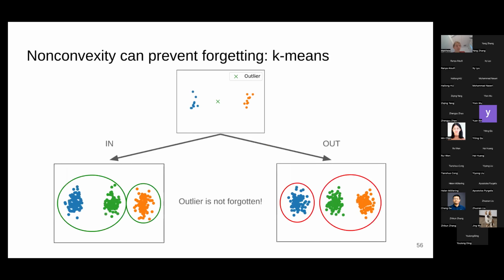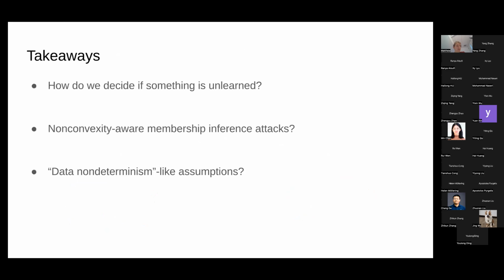Just the non-convexity, the fact that you end up in one of the 2 local optima because of this one outlier example, will persist over the course of training. And so non-convexity here can prevent forgetting. What's interesting is that in our results, we looked at model classes that are all non-convex. These are all state-of-the-art neural networks, all very non-convex models, and we don't see that this kind of forgetting effect happens. And so this begs the question, one of these things is wrong, right?